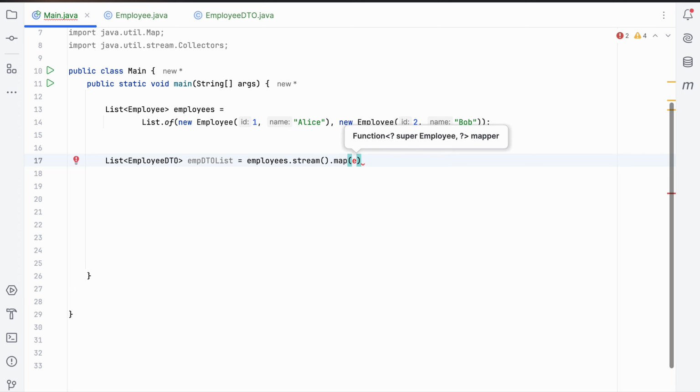So e stands for the employee, and then we have to convert this into an EmployeeDTO. So new